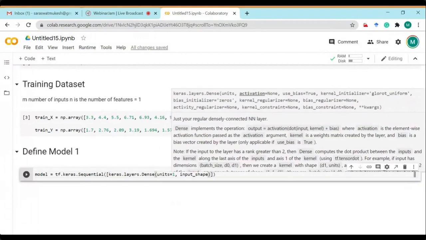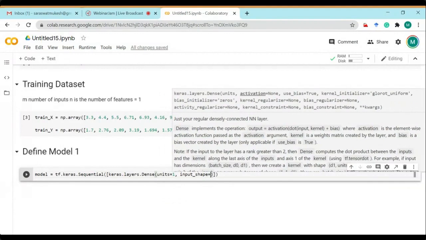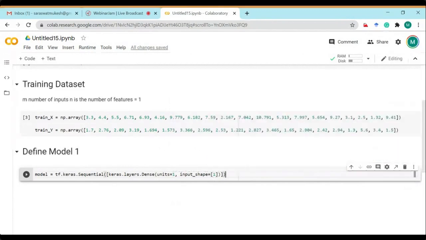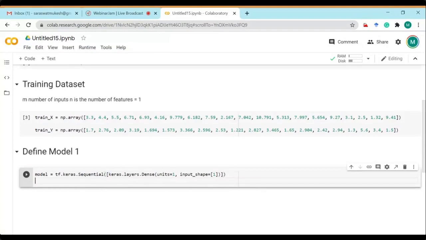The input shape here is only one, because there is only one feature. So I will write only one here. Okay. And then let's try to see this model.